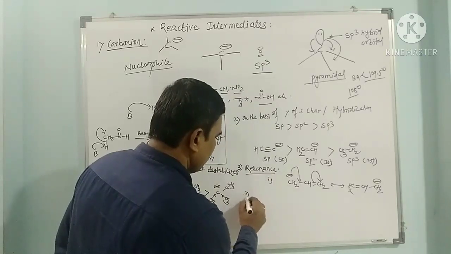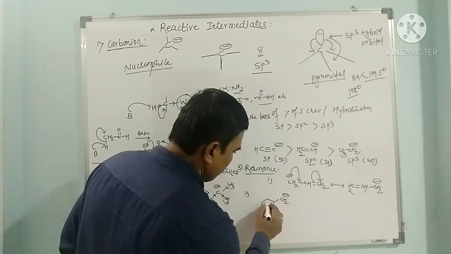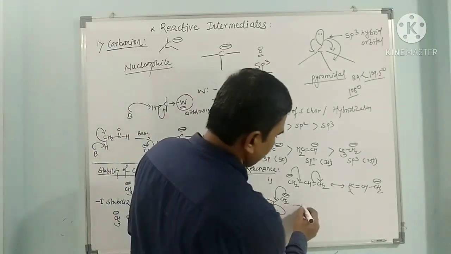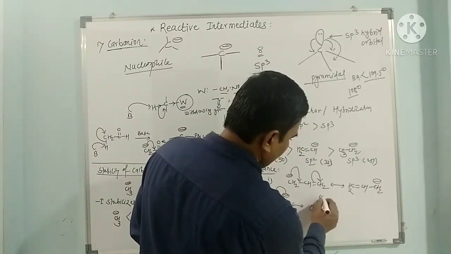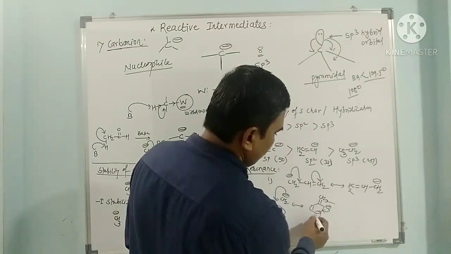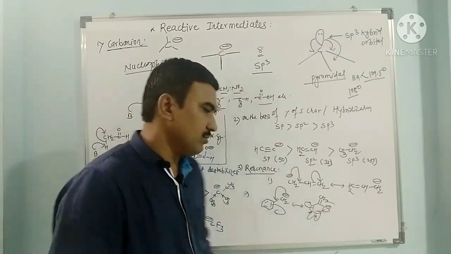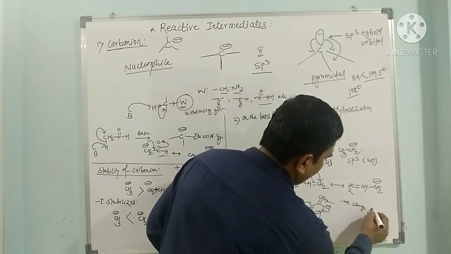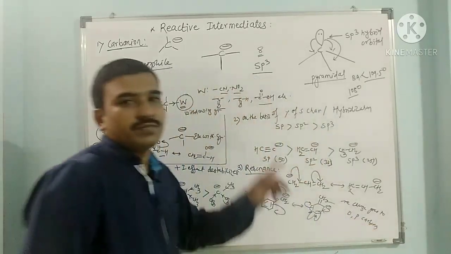Here is one, and second we have the benzyl carbanion, CH2 minus. Here it also stabilizes. So here we get the ortho carbanion, CH2 double bond, or this can go to this or it can go to this. So in this way this negative charge is shared by ortho and para carbons. So this negative charge goes to ortho and para carbons through the resonance effect.